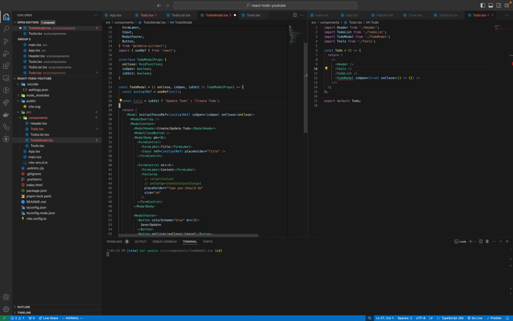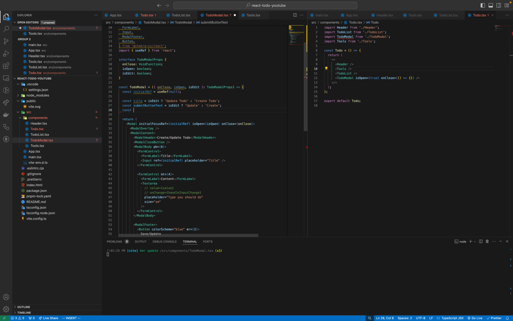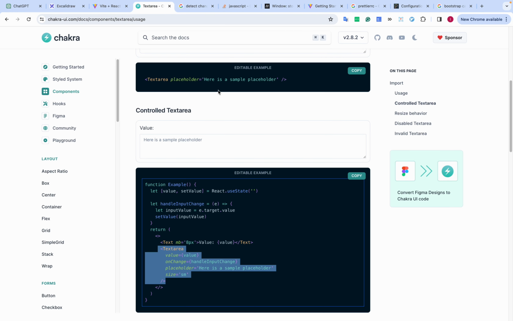This and submit button text is added, update, otherwise update, otherwise gonna be create, and submit button color scheme is added, then